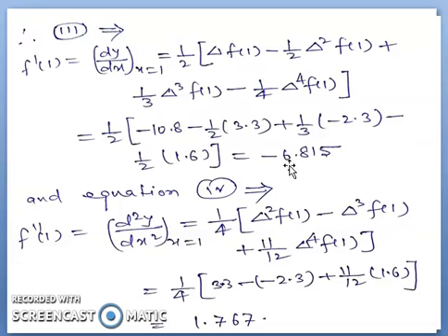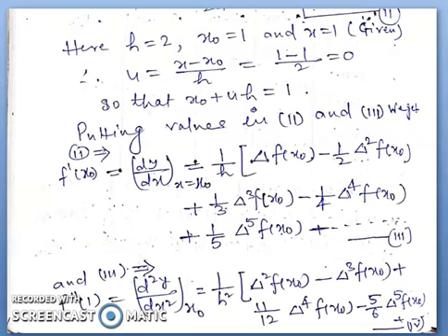6.815. And from equation 4 we get 1 by h square of del square f1 minus del cube f1 plus 11 by 12 del to the power 4 of f1, and after substituting the values of del square f1, del cube f1 and del to the power 4 of f1, we get the value of the second derivative as 1.767. So this is the process to find the differentiation of